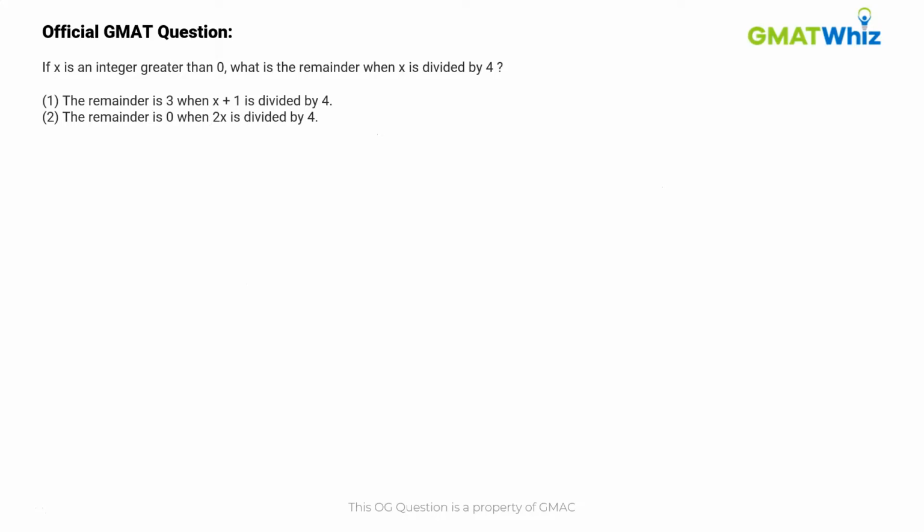In this question we are given that x is an integer which is greater than 0. We have to find the remainder when x is divided by 4. Now since there is not much that we can infer from the question, we move on to step 2 and